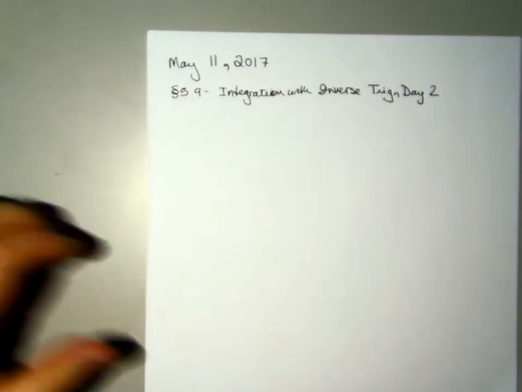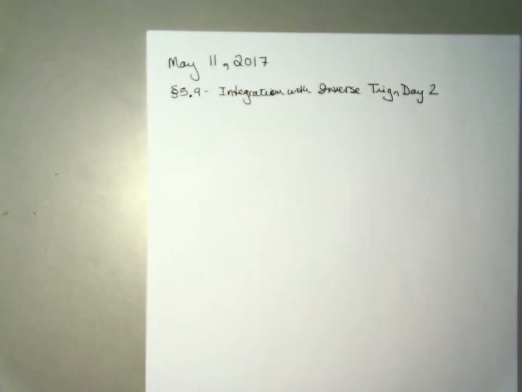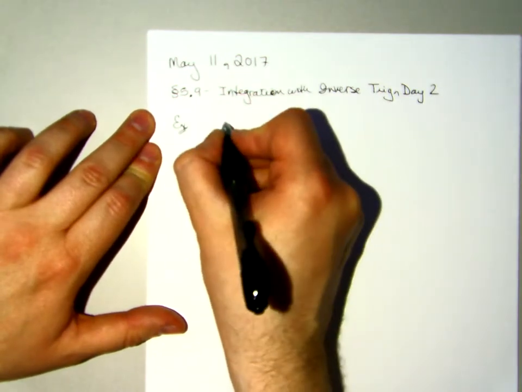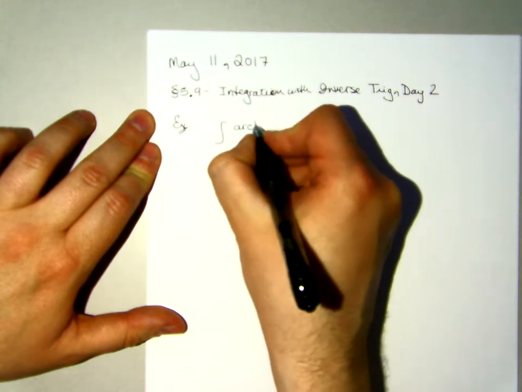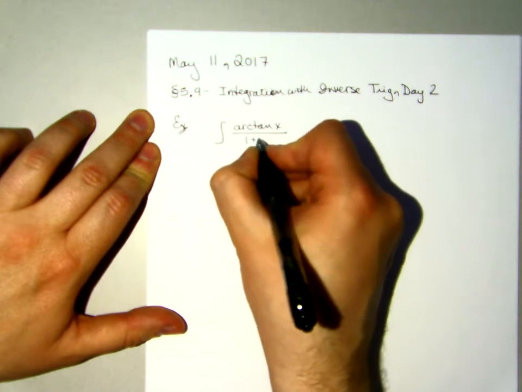I think I want to start with that problem I told you to leave off the homework. Let's see how to actually do something like that. And then you'll try that homework problem as our second example. In the homework, it was a definite integral. I'm just going to do a regular antiderivative. But I want to integrate the arctangent of x over 1 plus x squared